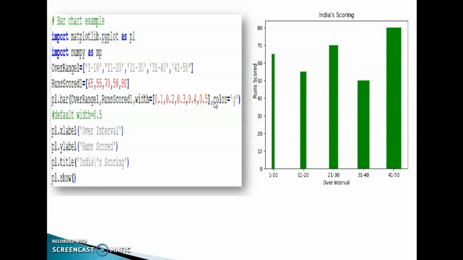That is, 0.1 width for the first bar, then 0.2 width for the second bar, 0.3 width for the third bar, 0.4 width for the fourth bar, 0.5 width for the fifth bar. Color is equal to green itself. Okay, then plt.xlabel over interval, plt.ylabel runs code, plt.title India's scoring, plt.show. Clear?